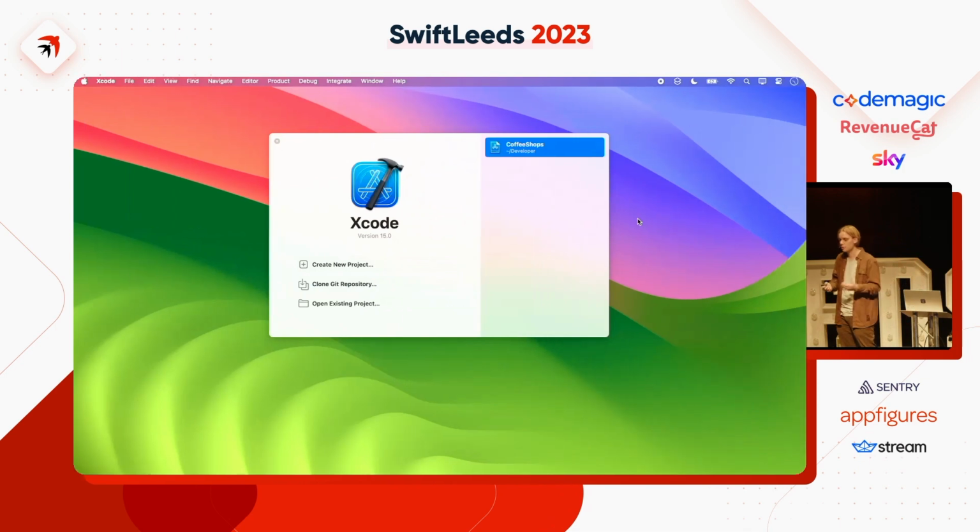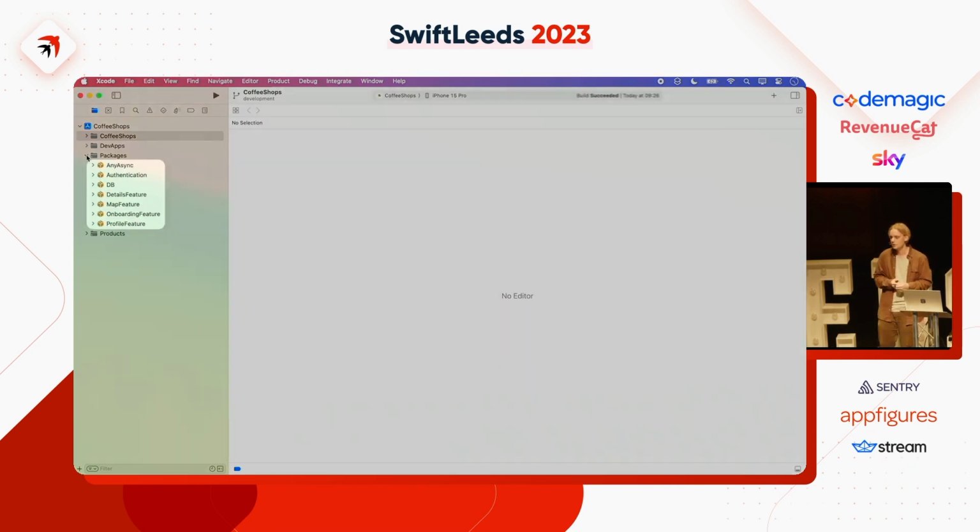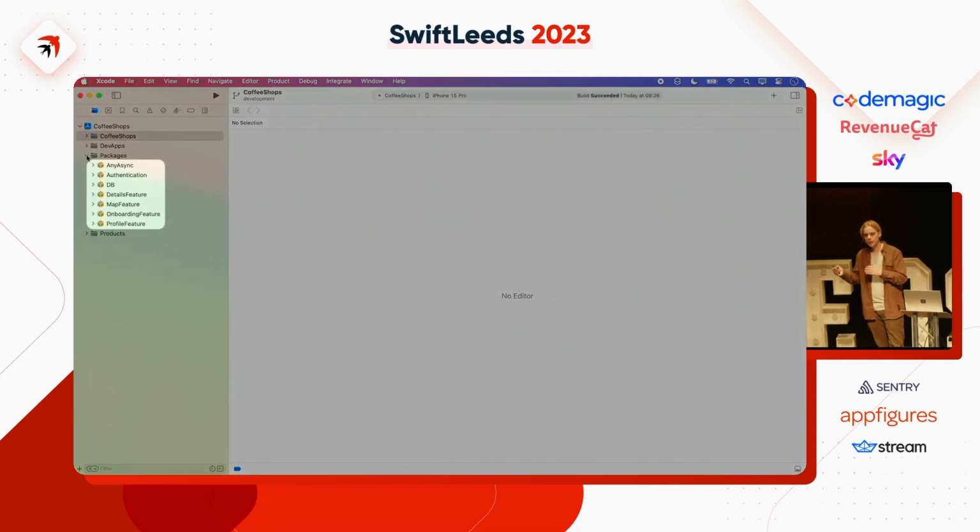So let's head into Xcode and see how all of this works. And we'll start by opening our coffee shop's example project. The first thing you'll notice is that we have a bunch of Swift packages. They're the packages that we created just a second ago. So there are our feature packages and our authentication package, and then a few more library packages that were previously